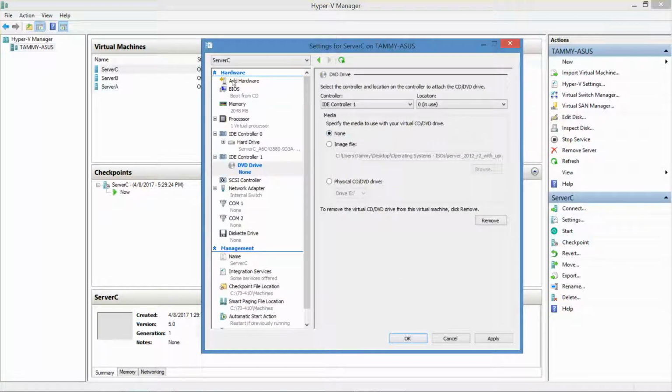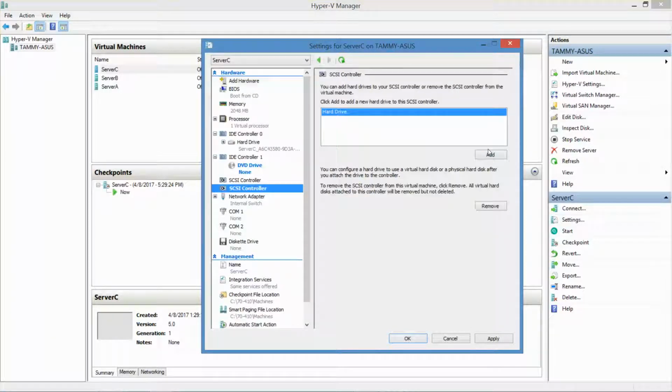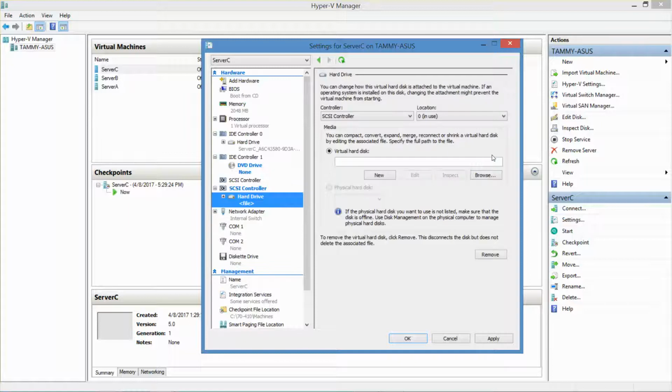There we go. Alright, add hardware. SCSI controller, click on add, and then add. And then click on new,